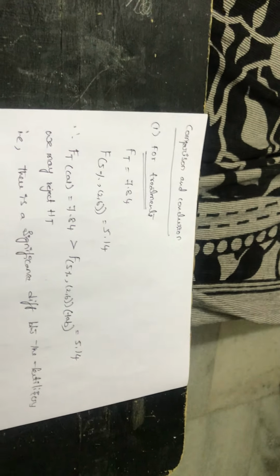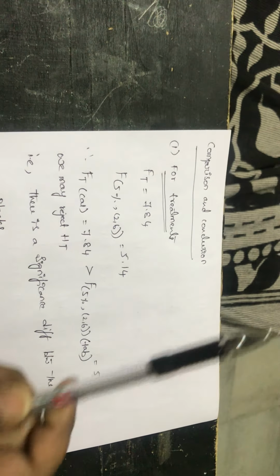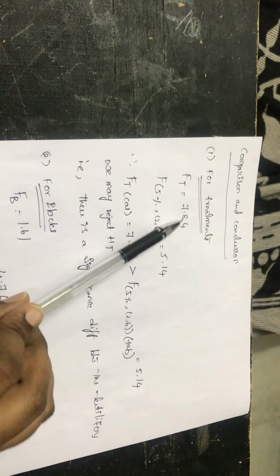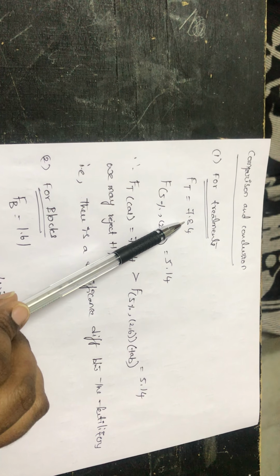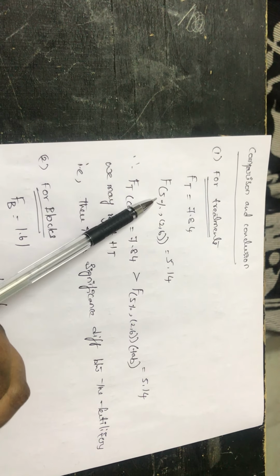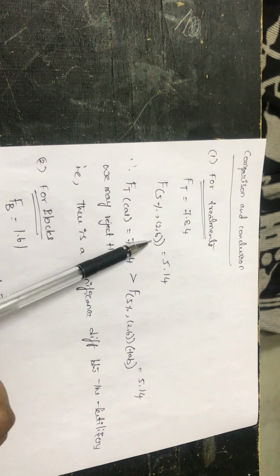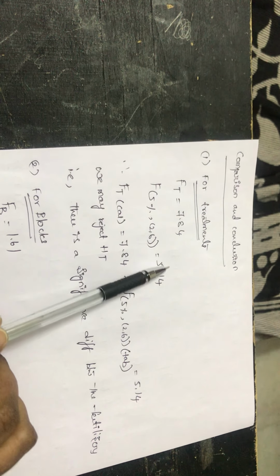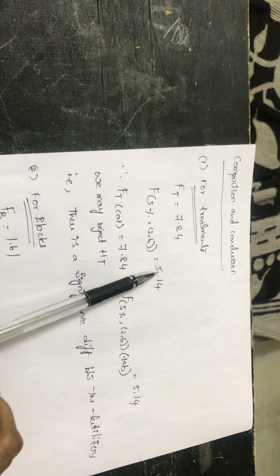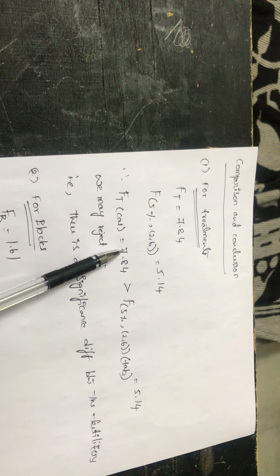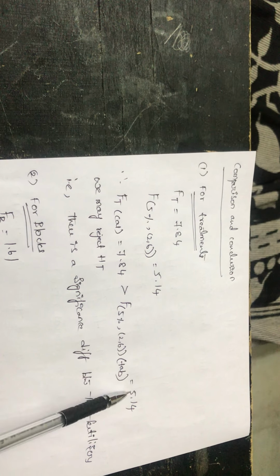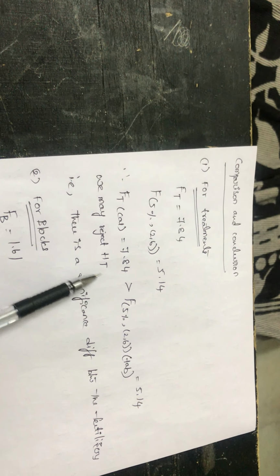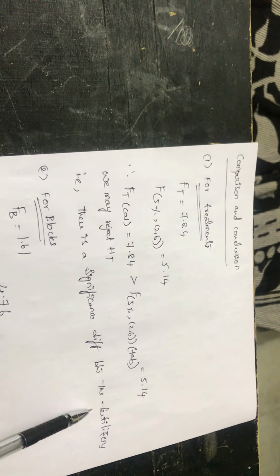After calculating the calculated value, we have to compare and write the conclusions for treatments as well as for blocks. For treatments, F_T value just now we have calculated in ANOVA table 7.84. Table value here in question, level of significance is not given, so we are taking 5% level of significance at degrees of freedom 2,6. That table value is 5.14. So F_T calculated is equal to 7.83 greater than F tab is equal to 5.14. Calculated value is greater than table value, so we are rejecting H naught T. So there is a significant difference between the fertilizers.